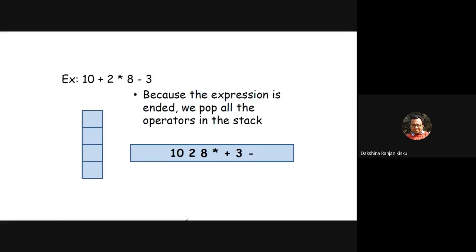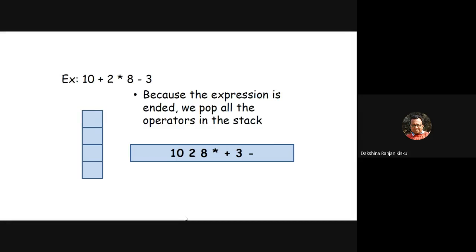So this is an example of how to convert an infix expression to a postfix expression, where we use a stack, and in this stack we keep all the operators.